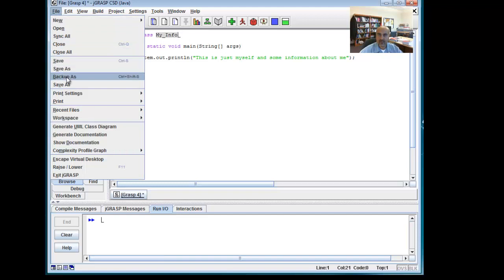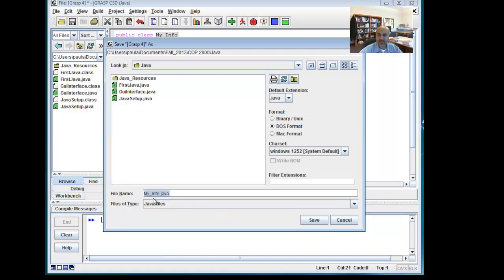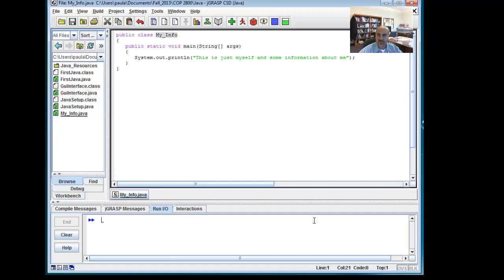So I'm going to say file, save as, and it is called myinfo.java. And of course you see over here it is forming a certain folder structure. You can go ahead and change that. I'll just leave it the way it is because I have created a folder called Java inside my class under my fall 13, so I'm going to leave it the way it is. But for you guys, you can set it up any ways you would like to. So I'm going to save this information,